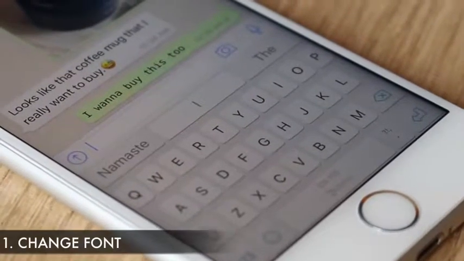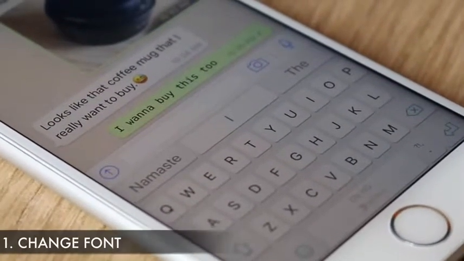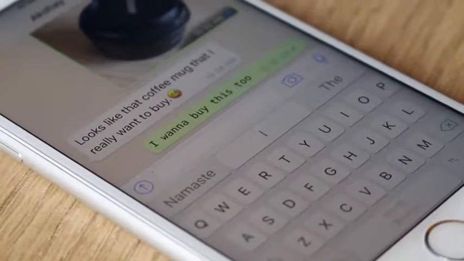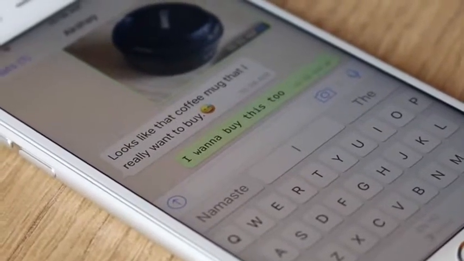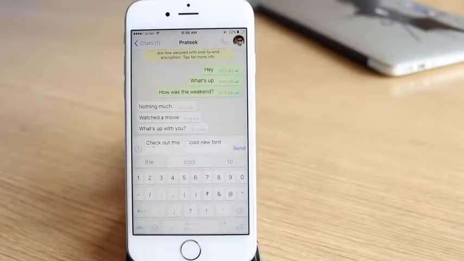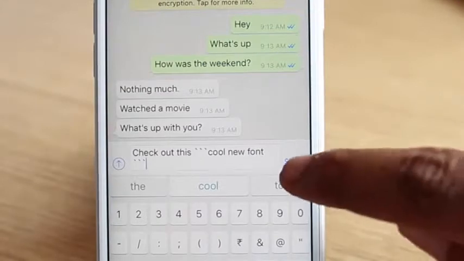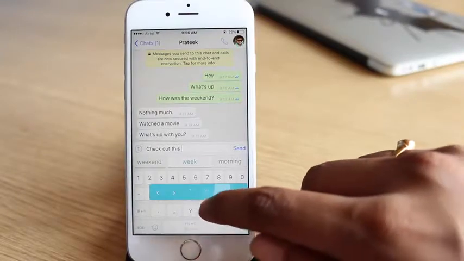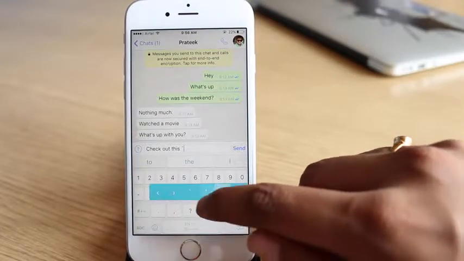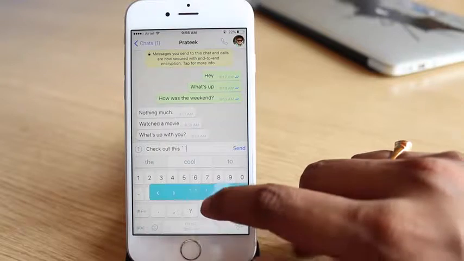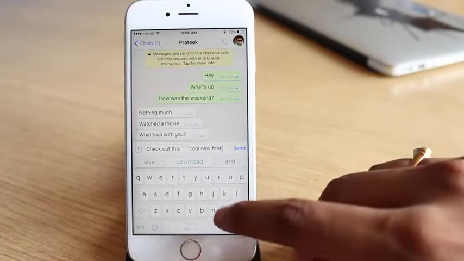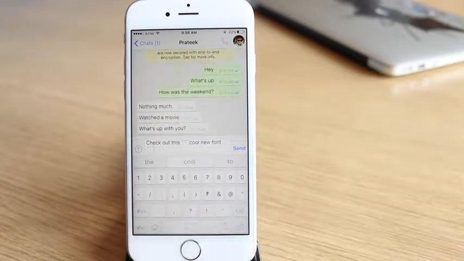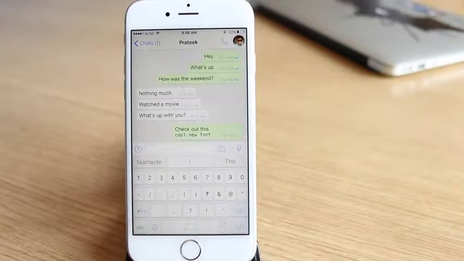First, let's talk about the new font in WhatsApp. WhatsApp recently introduced a new font that you can use in text messages. All you need to do is add 3 grave accent characters at the start and end of the sentence or word. iPhone owners can find the grave accent character by press holding an apostrophe, while the Android keyboard features it in the second page of symbols or punctuation. On Windows and Mac OS, you will find the character just below the escape key.